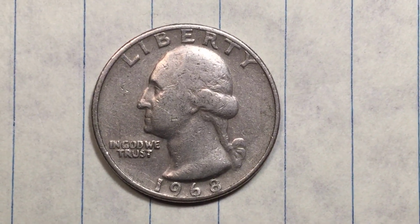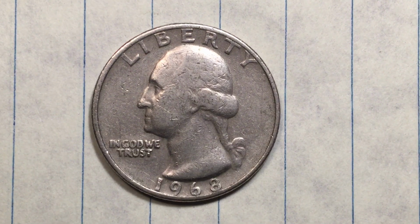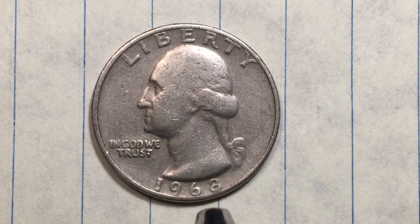This is the 1968 United States quarter, the Washington quarter. Washington is facing to the left, Liberty above his head, In God We Trust under his chin, and 1968 down here. This is a copper-nickel clad coin. They changed over in 1965. Prior to that, it was a 90% silver coin, so if you're looking to get the silver ones, go to 1964 or earlier. The 1968 version of this coin was the lowest mintage ever for a Denver coin in